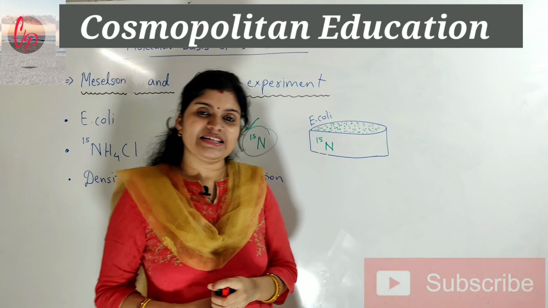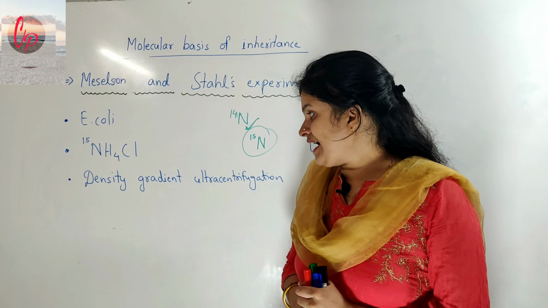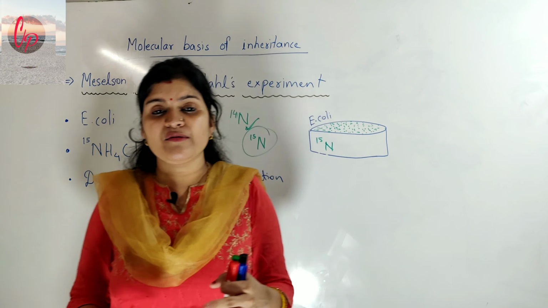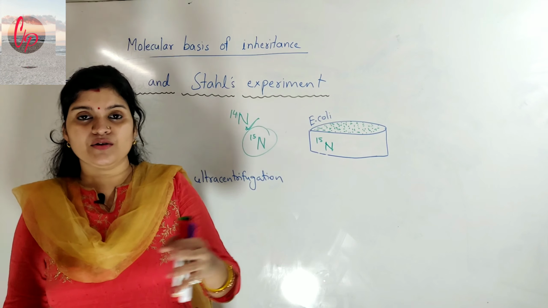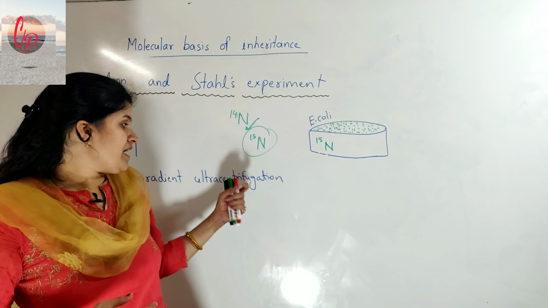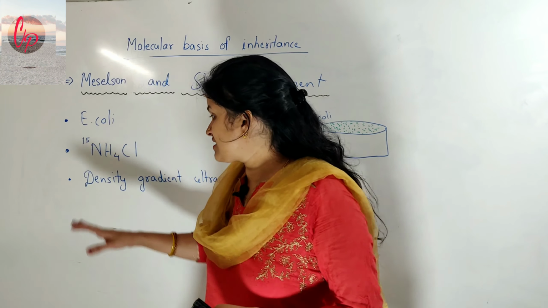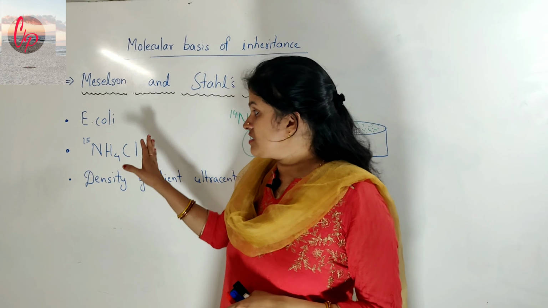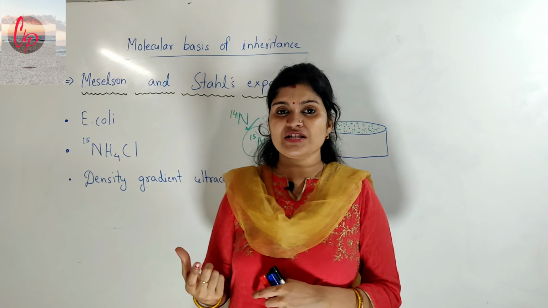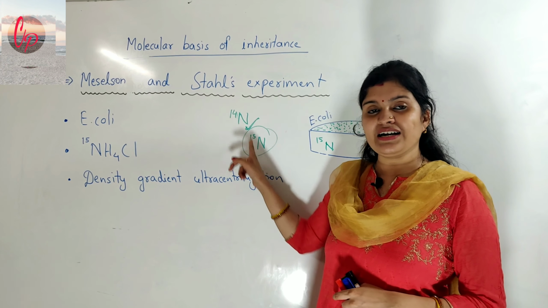From this culture plate, these bacteria were separated, and after that they used ultracentrifugation. In the process of centrifugation, the bacteria are rotated at a very fast rate. The ultracentrifugation used here by these scientists was density gradient, because the main theme of the experiment was totally dependent upon the density, or you can say the heaviness